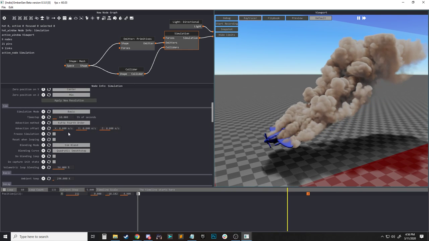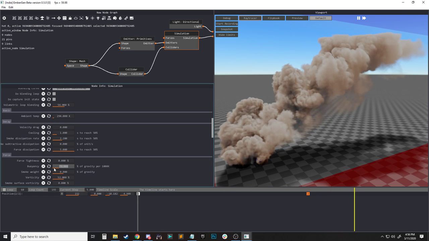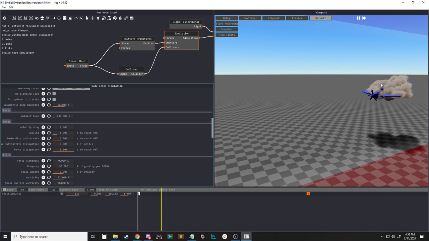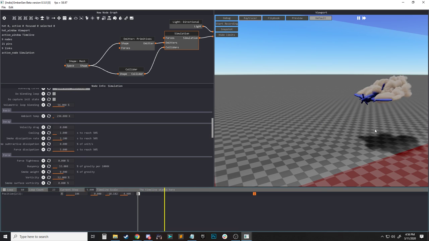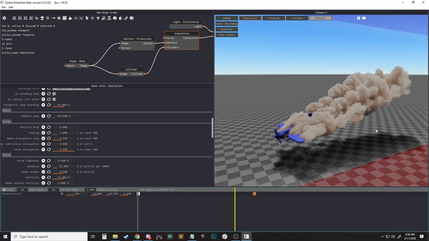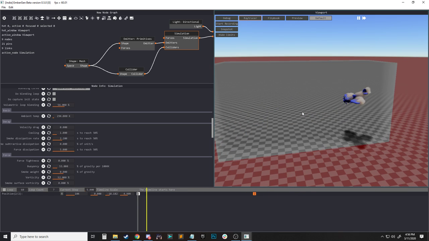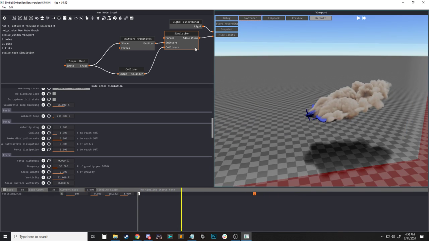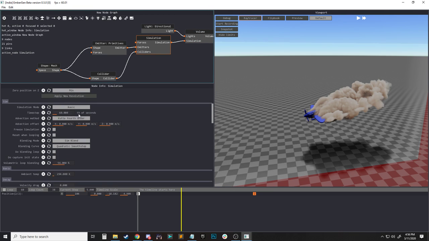That's probably too much buoyancy if we were trying to do some kind of smoke trail or whatever. And so we can do something like 55. And then we might want to make the plane go faster. And so here we go, plane's going a little bit faster. And then you could speed all this stuff up inside of your external software if you're doing VDBs or whatever it may be. And so then from here, what we could do is we could say, okay, we've got that,